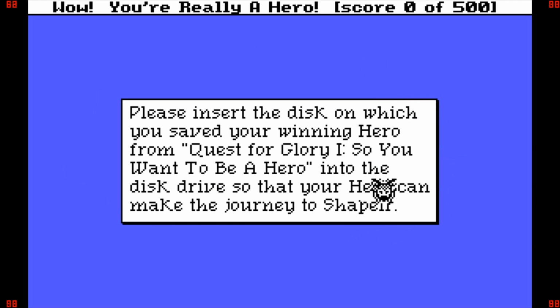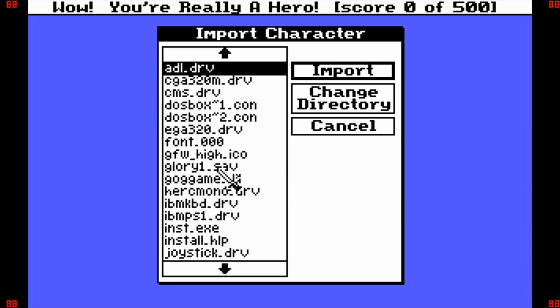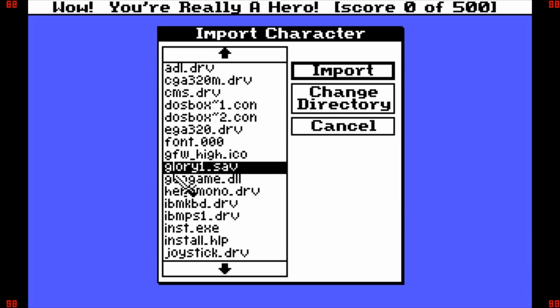Okay, so here we are at the import screen. So we're going to go ahead and select Galvin. Here he is right here, my Glory 1 save. So what you do here is, if you have the game on GOG, what you can do is, because I don't have this on Steam, I don't know if it's even on Steam, you go ahead and when you save...